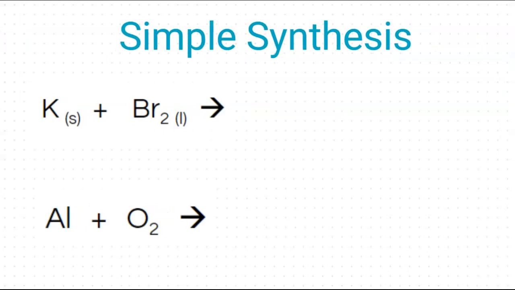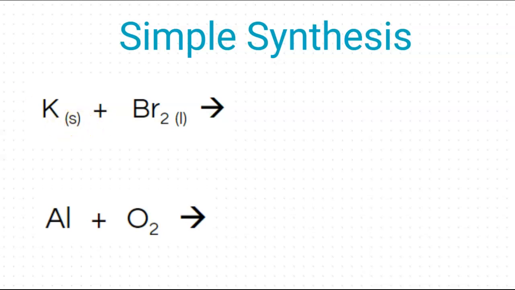The next that we need to look at are going to be simple synthesis. I know that these are simple synthesis because I only have elements. Okay? Potassium is an element, bromine is an element, and the only thing you can do with 2 elements is to bring them together. So this is going to look very similar to the decomposition, except it's in reverse. When you have synthesis